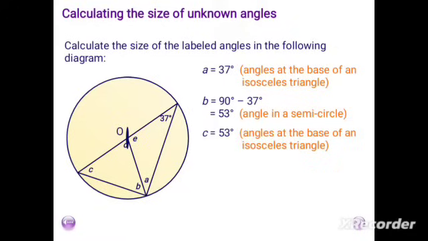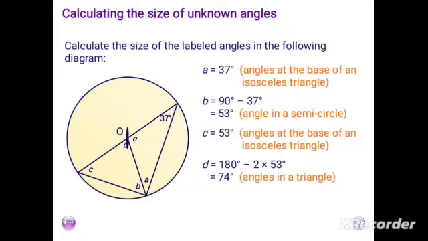Let's now find the value of C, having known that C and B happen to be the base angles of an isosceles triangle. So we have C also will be 53 degrees. And D, we have that